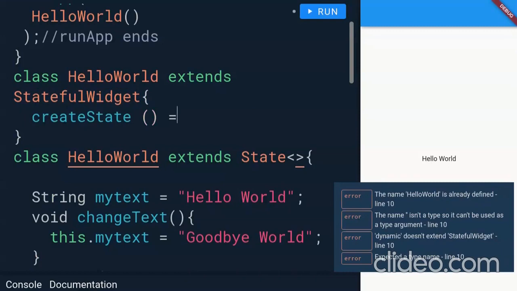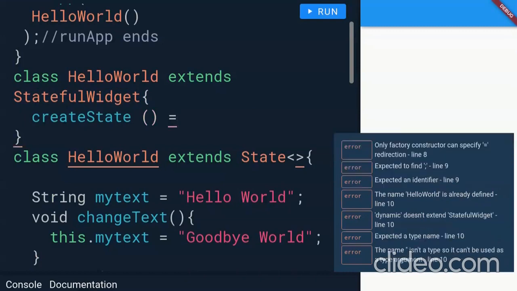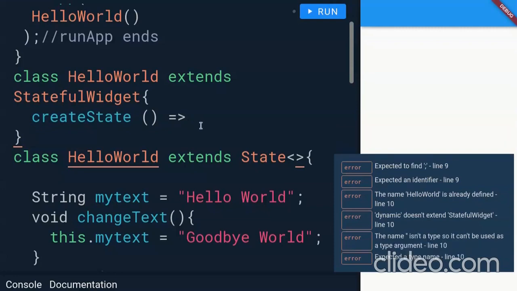Okay, this is the create state function, and the definition is of a single line only. We have to just initialize the state object in the create state function. So Flutter will automatically call this create state function of the stateful widget, in which we have to initiate the state object.